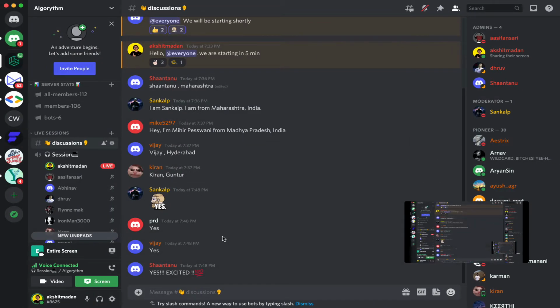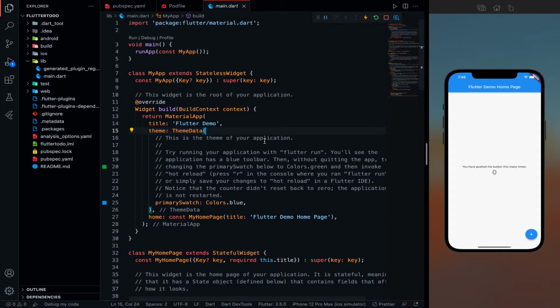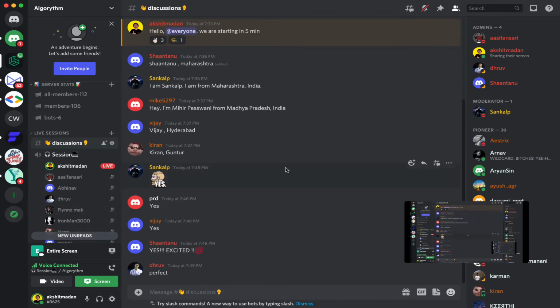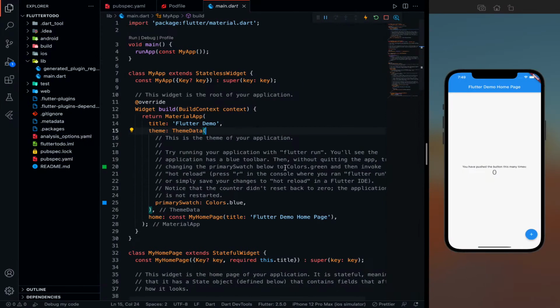Just write it in the chat box if you need to increase the font size. You can see over here. It's visible. Okay, perfect. So should we proceed now? Yes. Perfect.